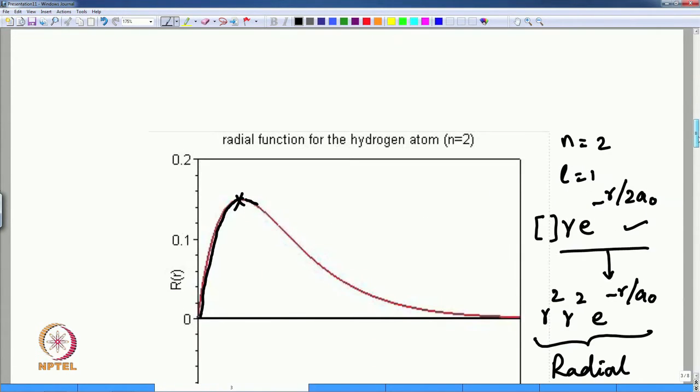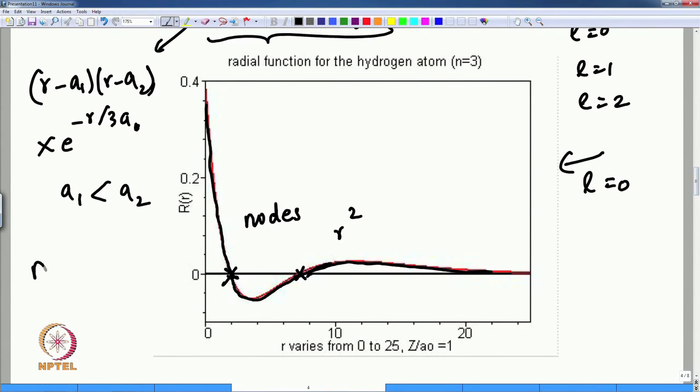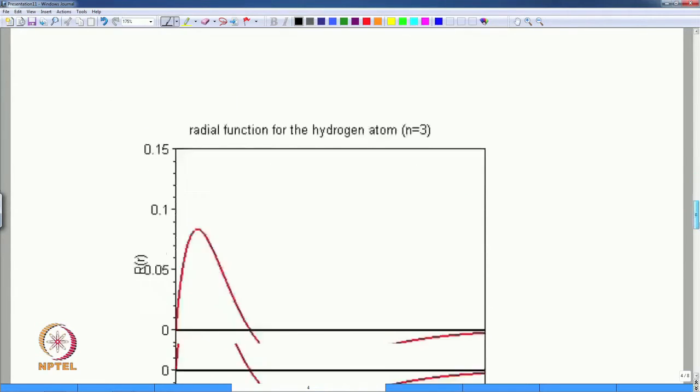When n equal to 2, L equal to 1, no nodes. When n is 3, L is 0, there are two nodes. When n is 3 and L is 1,